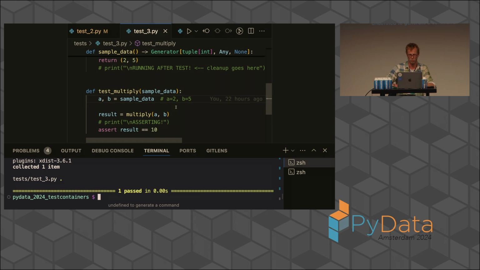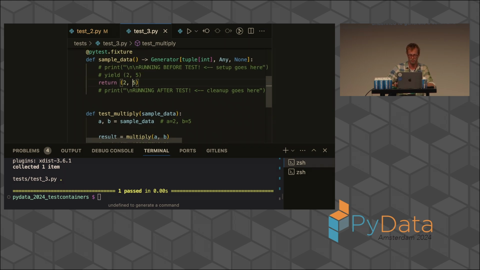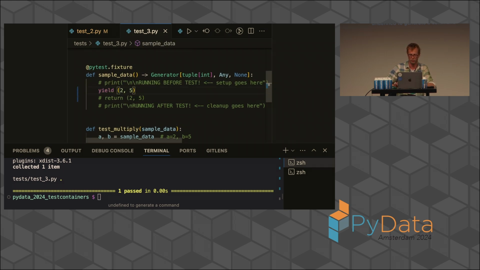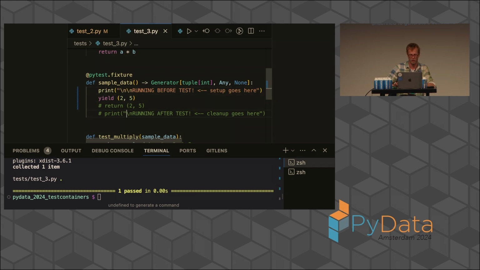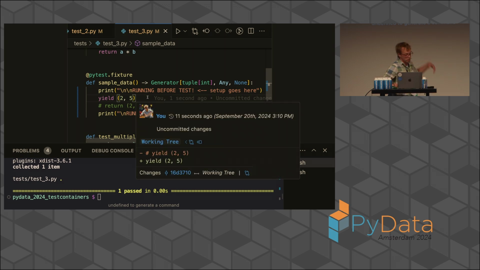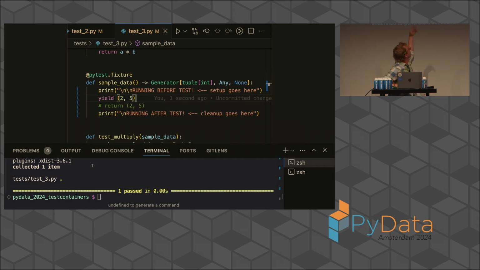Yeah, okay, cool. The nice thing, though, with fixtures is that you can yield results. So when you execute your test and you get to this line, this result is returned, but then execution is stopped here. So I'm doing some print statements here. Oh, sorry. Before the test is where you would do your setup. Then you would return the fixture that you want to use in your actual test. And then you can do some cleanup. And that's a pattern we will see that we use in